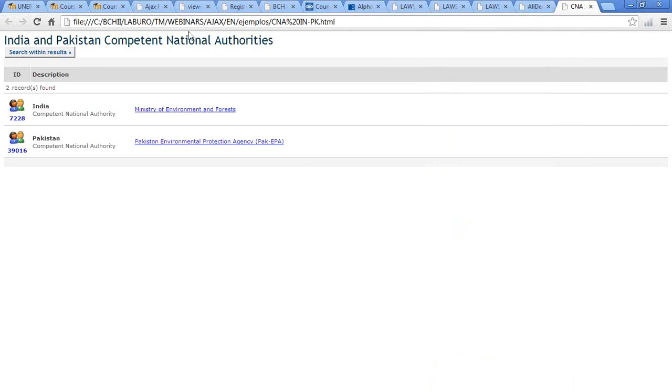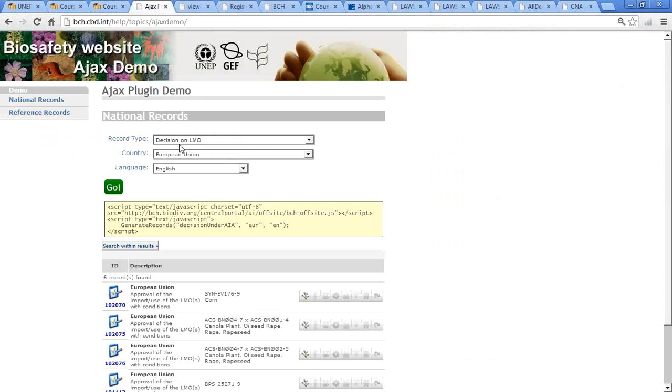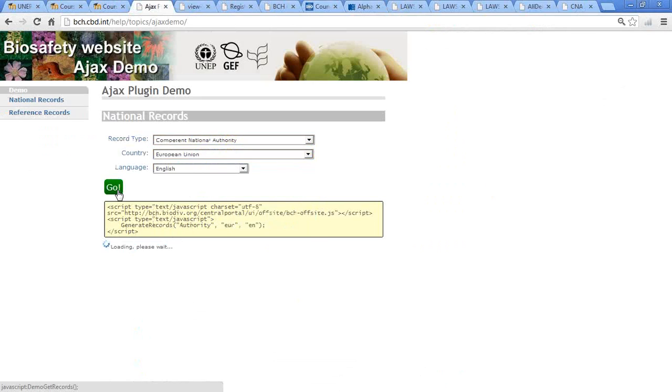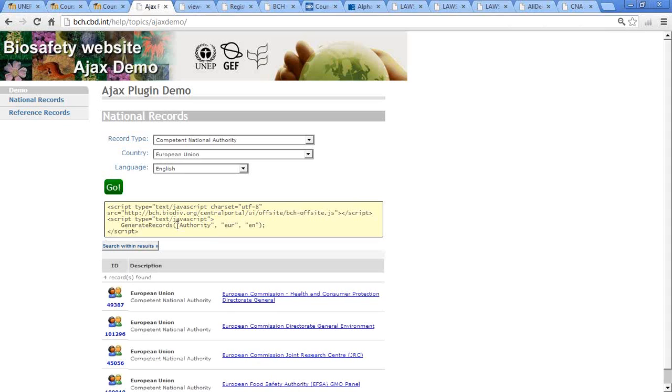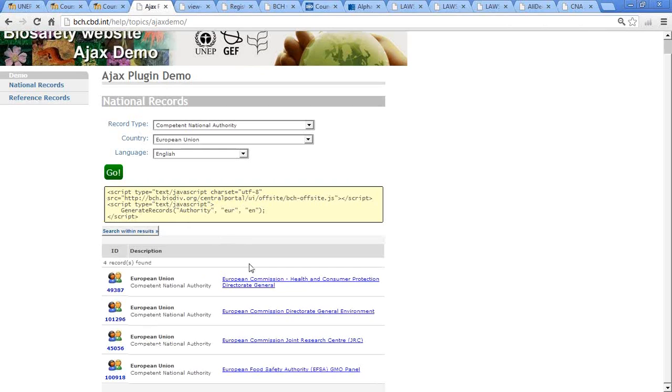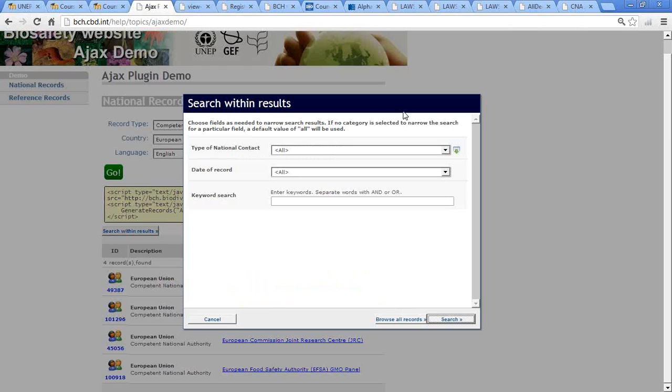For example, if you wanted to search for all the competent authorities from the European Union, we will get a lot of records because of the amount of countries there. And you see the same kind of call. Well, we have 4 records here, but we could also search within these results. And you see, when we retrieve these records, we can most of the time do this kind of search within results,